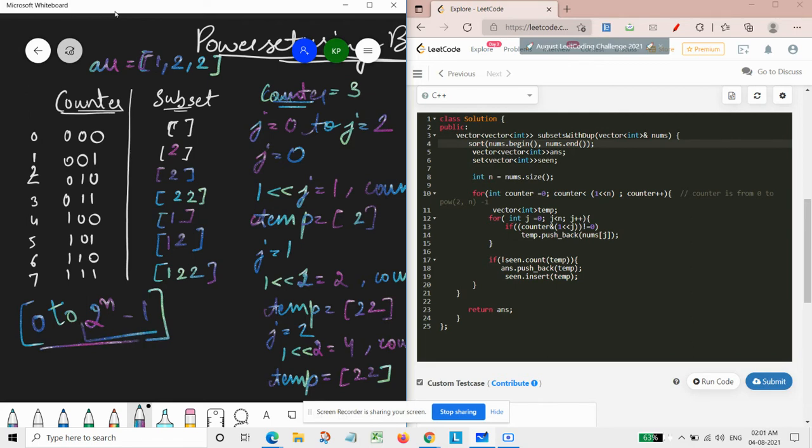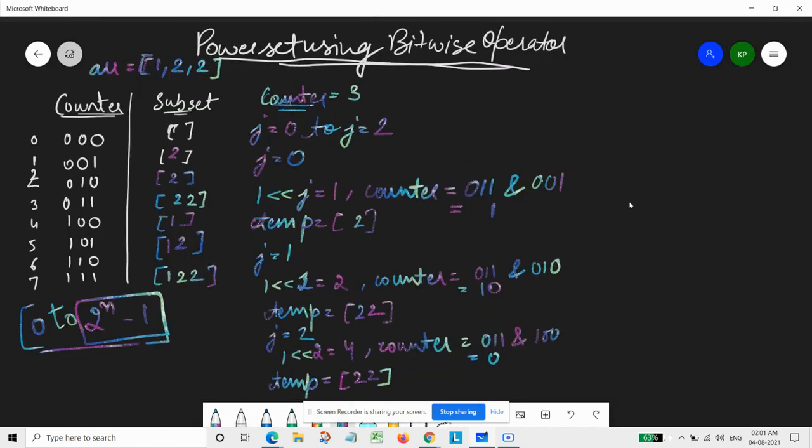And why have we taken this value 2 raised to power n minus 1? So here it is given that we need to find out the power set. And in mathematical terms, if we take the formula for a power set, that how many sets would be there, basically there are 2 raised to power n sets in a particular power set, and here n is the number of elements in that particular array.